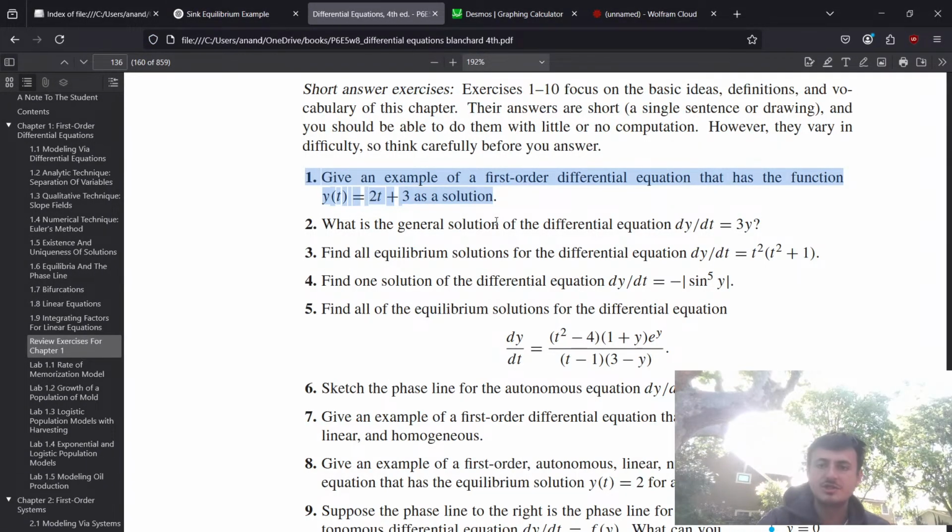All right. What is the general solution of the differential equation? Okay, here we go. I want to do a couple of u-substitution problems if possible, because I feel like he cares about analytic solutions. So y dot equals 3y. dy/dt is equal to 3y. We divide by 3y, we get dy over 3y is equal to dt. Integrate both sides. We can pull out the 3, leave it over there. So we're going to get ln of the absolute value of y is equal to